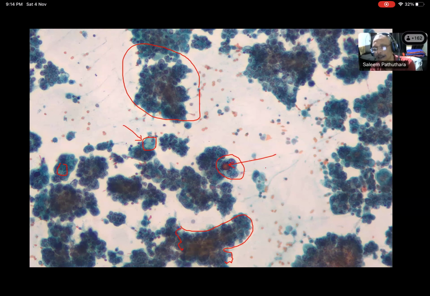Sir, according to history, it may be ovarian carcinoma. So how will you report it, positive for malignancy? No, you describe all the features as you said, papillary clusters and all, and positive for malignancy in the impression. You will also say it is showing papillary clusters with psammomatous calcification. So the most probable diagnosis could be what? Serous carcinoma. Serous adenocarcinoma of the ovary is the most preferred diagnosis here, right?